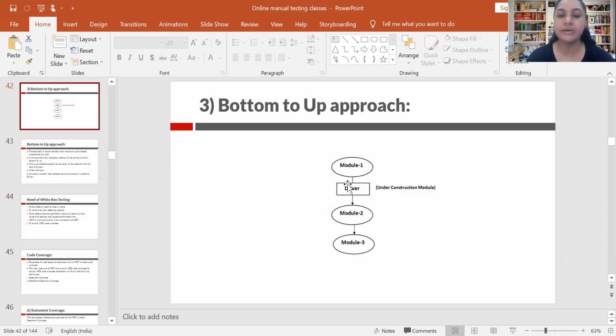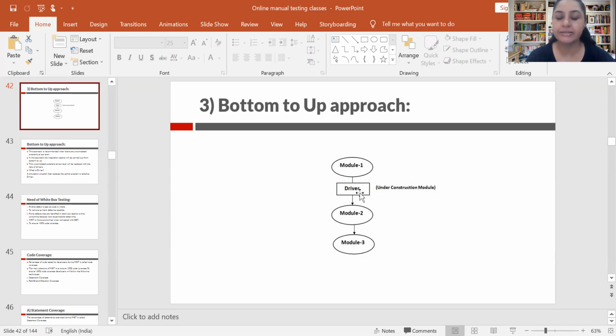Here you can see the bottom to up approach, with module 1, module 2, module 3. There needs to be some function after module 1 which has to call module 2. Module 2 is already completed, but the calling function is not completed at the time of integration testing. We can see that it is under construction. It means during integration testing, it is not completed.